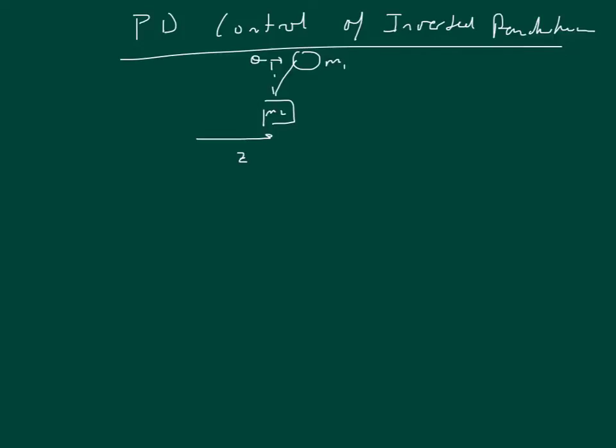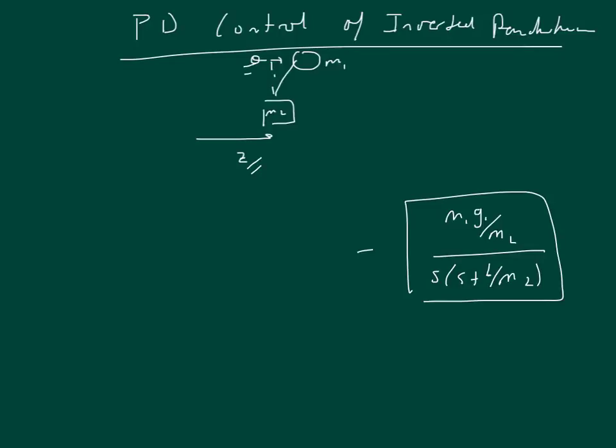Okay, the objective of these notes is to develop a PD control for the inverted pendulum. Remember, the position of the cart is z and the angle is theta. And in previous notes, we derived the open loop transfer function to be m1g over m2 divided by s plus b over m2,